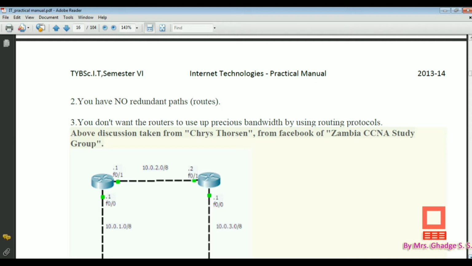Also, you don't want the routers to use up precious bandwidth by using routing protocols. So for small networks we can use static routing instead of using routing protocols.